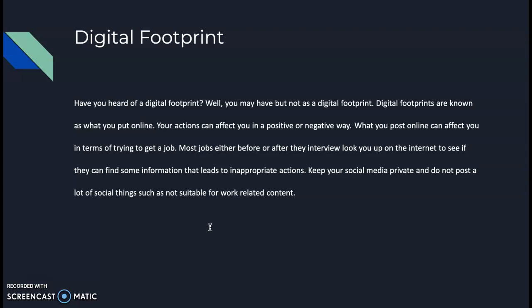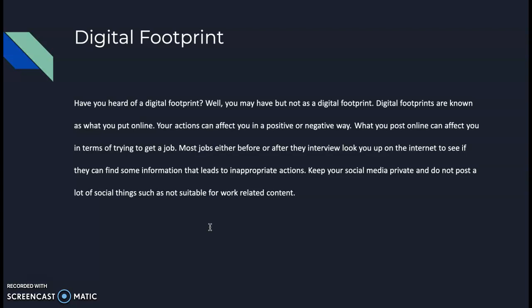That happens a lot to people. What you post can really affect you in terms of maybe trying to get a job. Say you post something negatively, you're trying to get a job in a few years. Human resources are people who look through an individual who they want to hire, and they make sure they come back clean and nothing sketchy or bad comes up. Most jobs, before you interview, this happens. Sometimes you can have a really good interview, and then HR comes and, well, bam. But that is your own fault sometimes if you're being inappropriate